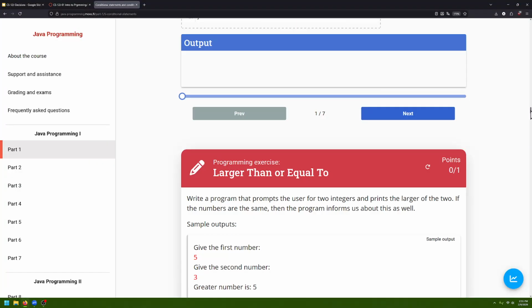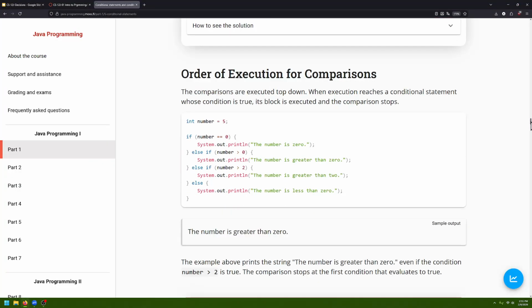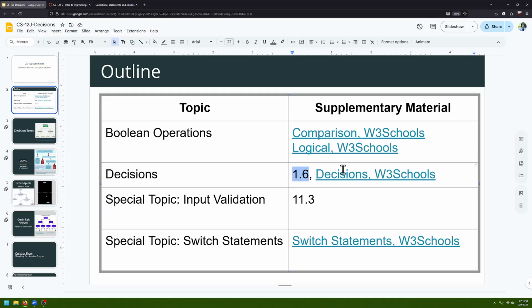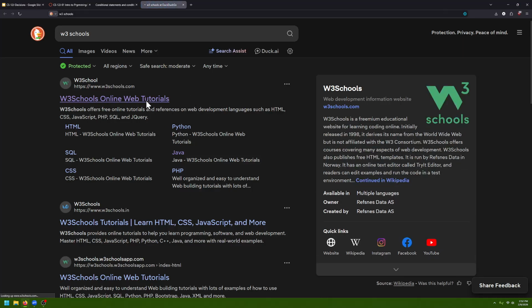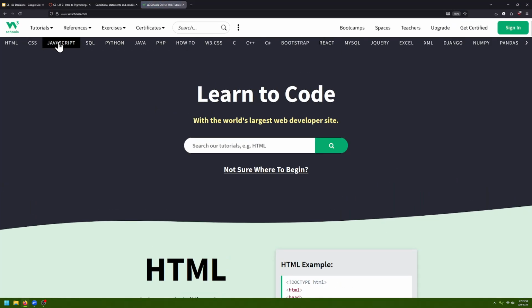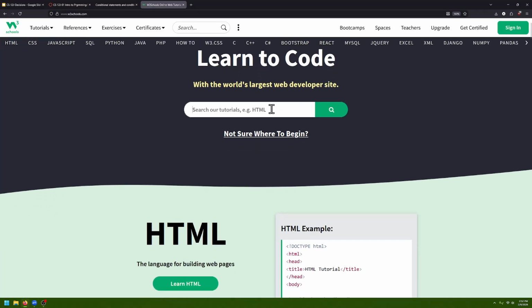But if folks are wanting a different resource, I did recommend some W3 Schools as well. This is also a good secondary resource. So you could follow along after lecture if you go on the 1.6, or you could go to the W3 Schools. Once again, it's a good secondary resource for learning certain languages. And in particular, they have a Java section somewhere here. Let me just search up